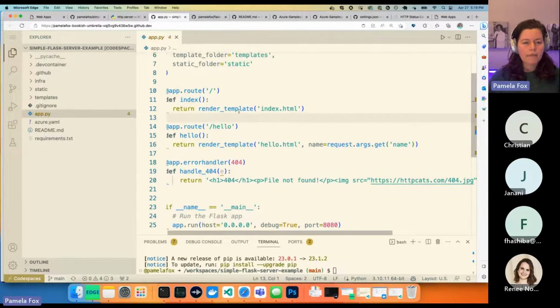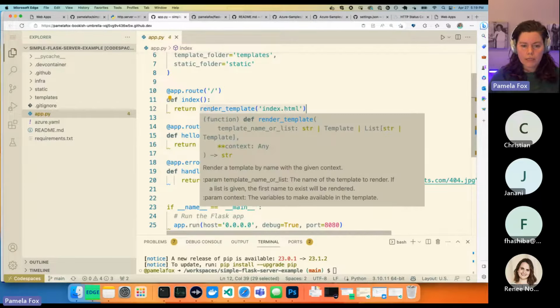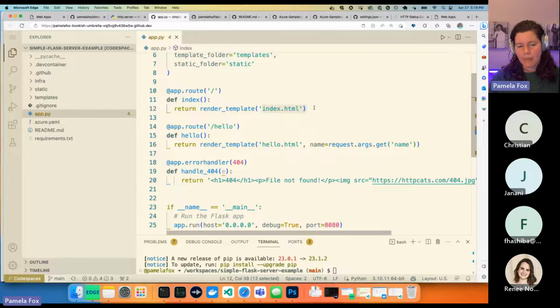And then we define our routes. The routes correspond to functions that handle each route. These routes are paths, right? So / is the main route. That's what you're going to reach when you just go to the domain with nothing after it. And this is going to return a render of the template index.html.